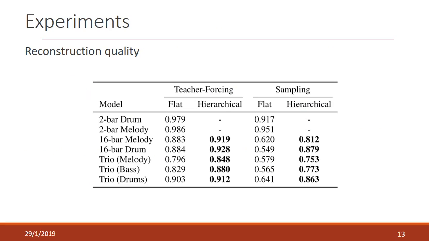Firstly, the authors compared the reconstruction quality of the flat decoder and the hierarchical decoder. When we use the ground truth as the input of the current step, there is no big gap between the two methods, but when we use the output of the previous step, the performance of the flat decoder drops much more than that of the hierarchical decoder in the case of very long sequences. As you can see in the table,